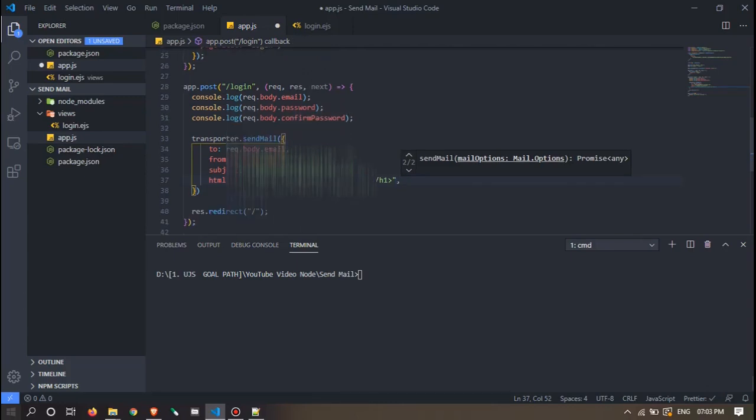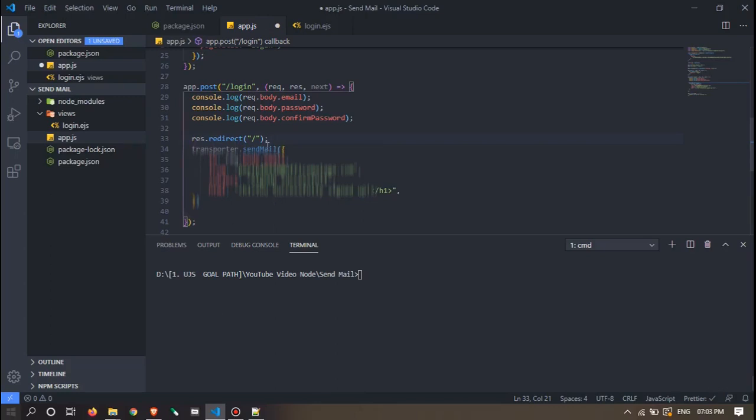That's it. This will send, but we can do it this way also. The transporter will first send the mail, then redirect, but this is asynchronous, right? It is not synchronous. So we will first redirect, and after that it will do its work, so no worry.